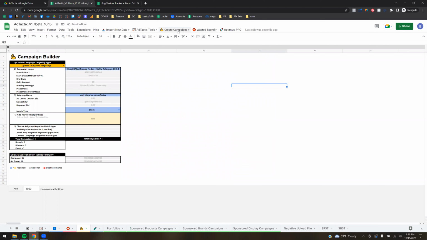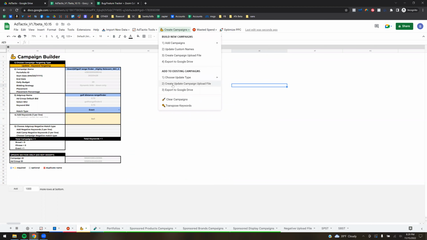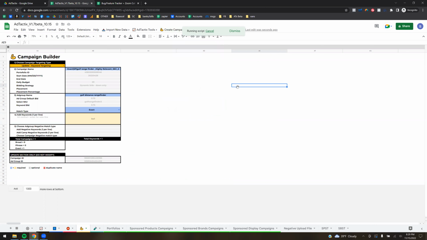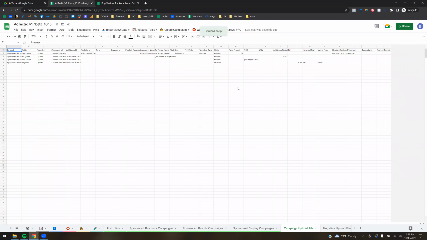So let's pretend we just want to add that. And now we're going to say create update file. All right, sweet, that worked. So that allows you to update existing campaigns, and we will have a way very soon to use